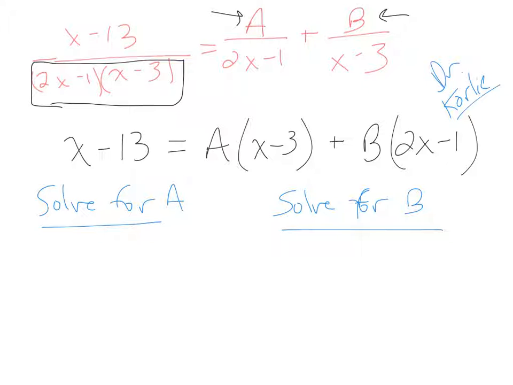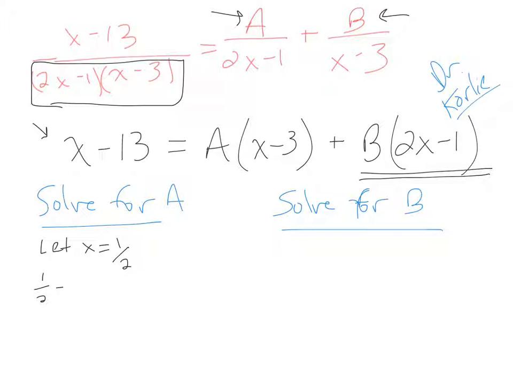And the argument is this: since this equation here that I'm pointing to is true for all values of x, we can just let x equal whatever we want. And I'm going to let x equal something specific to make the b go away if I want to solve for a. In other words, I'm going to choose x equal to 1/2 because that's going to make this factor here that I'm underlining 0 out. If x is a half, that part's gone,